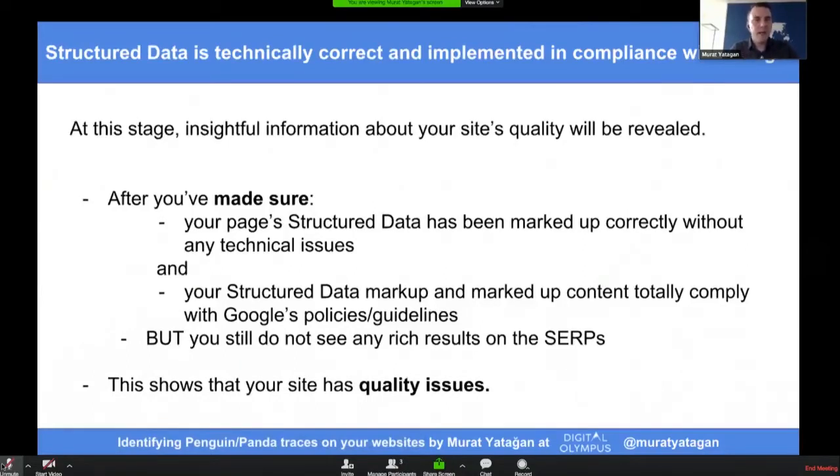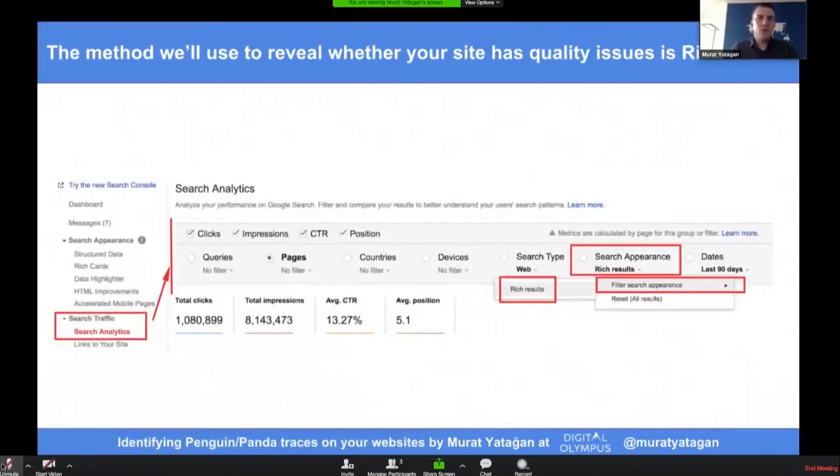Quality issues mean that your site has severe problems or visibility issues because of algorithmic adjustments impacting your website, which is either Penguin or Panda. The method you will use to reveal whether the site has been impacted and has quality issues is looking at rich results traffic development. To do that, we have to use the old Search Console, although I love the new one, the new one doesn't have all the functionalities yet. So you will have to use the old Search Console, go to Search Analytics, choose the search appearance, and filter by rich results